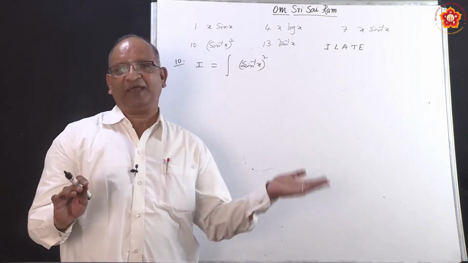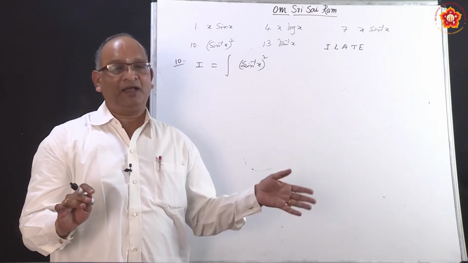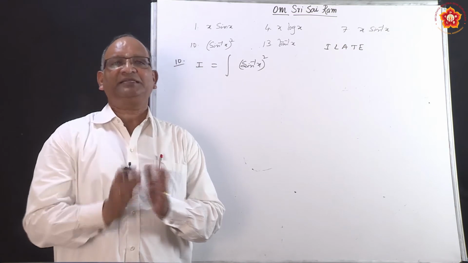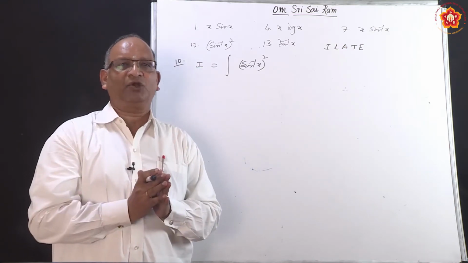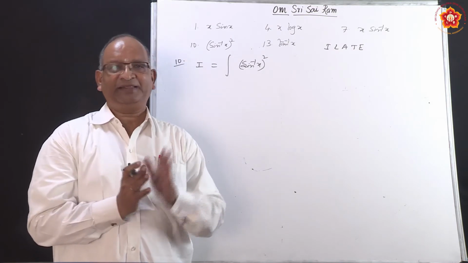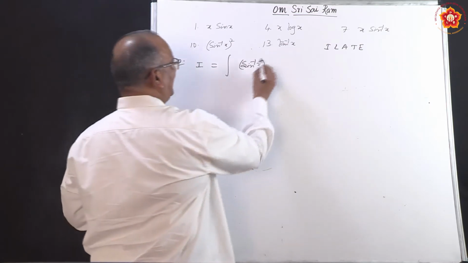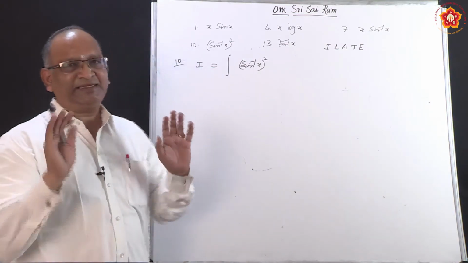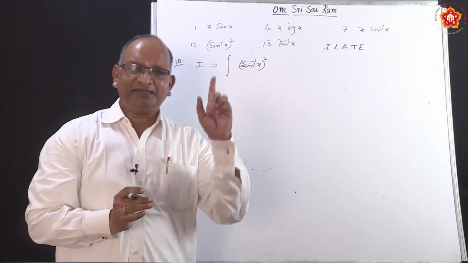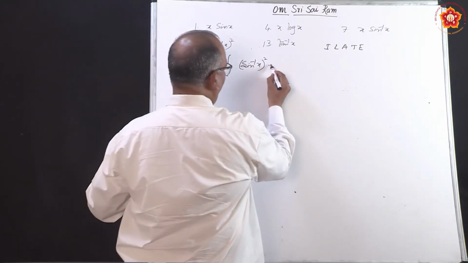See, in derivatives we have formulae for sin inverse x, cos inverse x, tan inverse x, etc. But for integrals we don't have formulae. In other terms, you can say we are deriving formulae for inverse trigonometric functions. Okay? So how do we do it? When there is only one function, whether it is only sin inverse x or sin inverse x whole square, the procedure is same. What is the procedure? Since there is no second function, you consider 1 as second function. So write it as 1 dx.